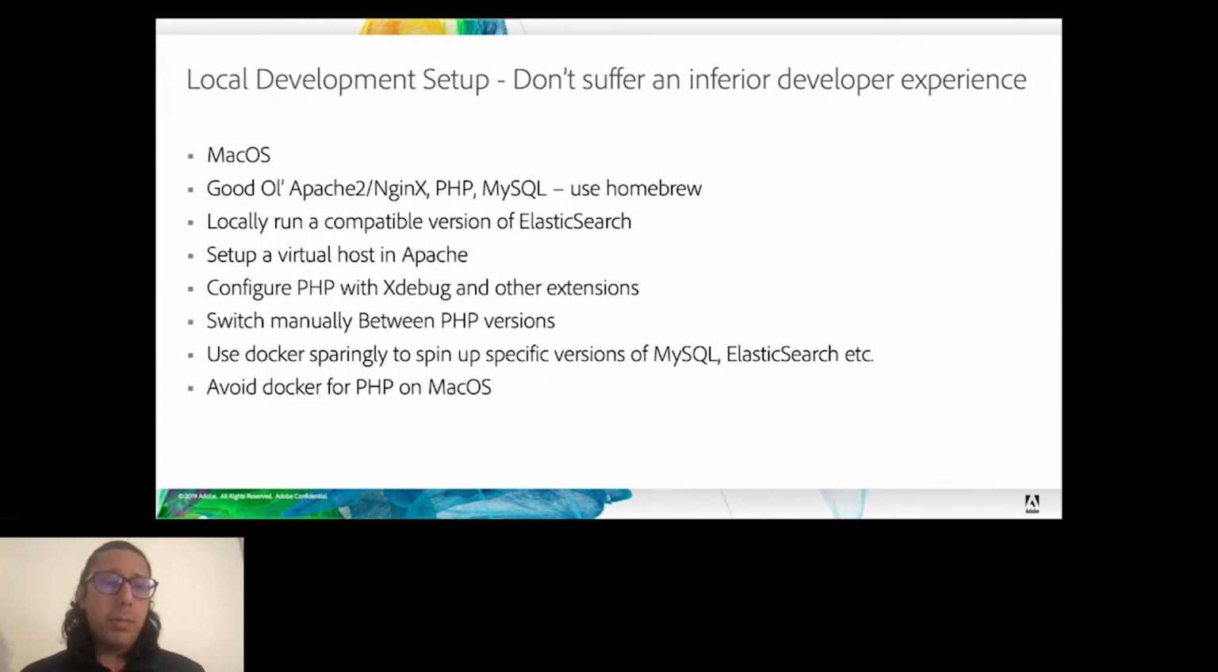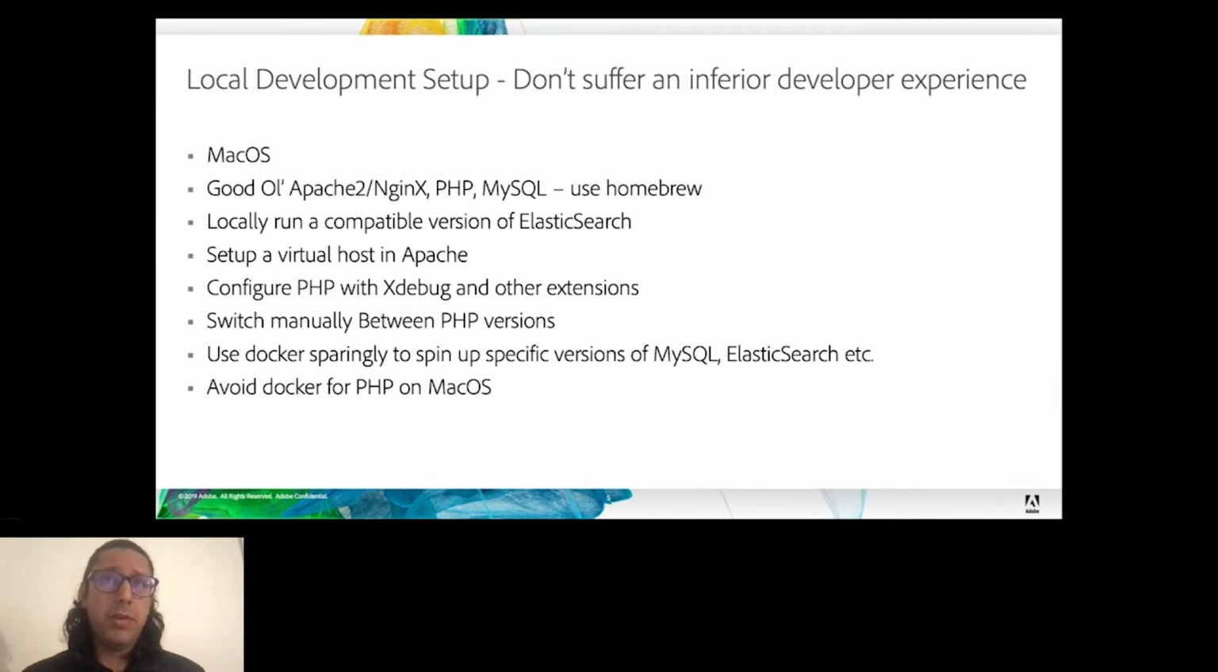As an operating system, I use Mac OS. I have used Ubuntu very happily in the past, but my current operating system is Mac OS. And the way I like to set up the whole web server is good old Apache or Nginx. You set up virtual hosts on Apache. I use Apache personally. And then whichever PHP version you want to run, I use Homebrew to install PHP